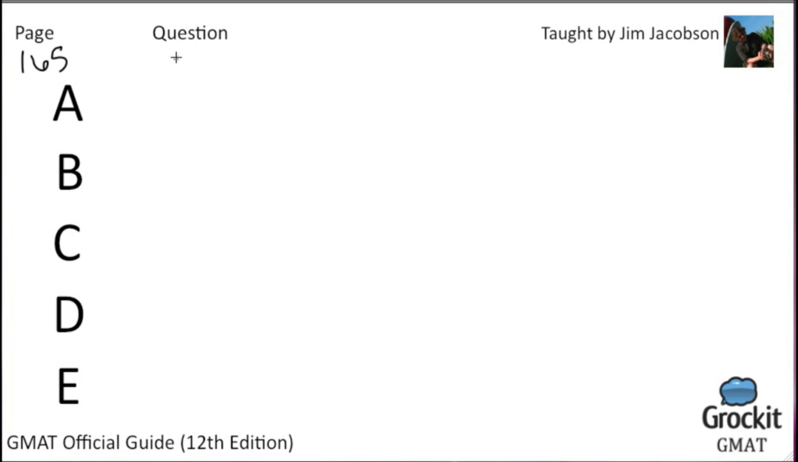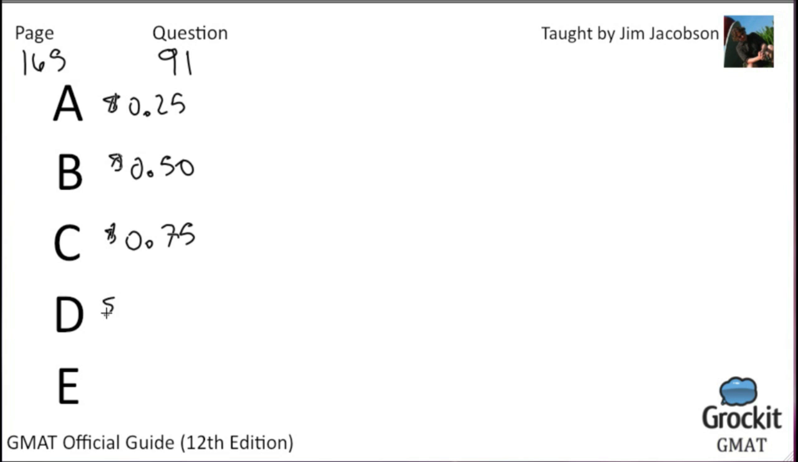Unsurprisingly, on to question number 91, because we are doing all the questions in the book. Let's see, 165, question 91. So 0.25, 0.50, 0.75, $1 even, and then